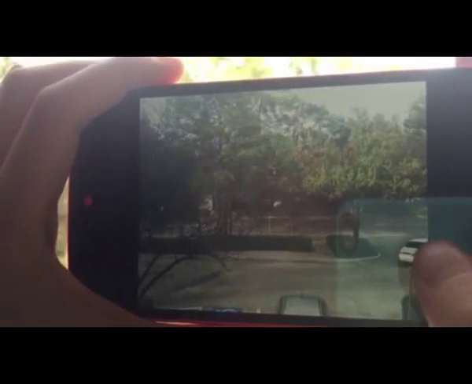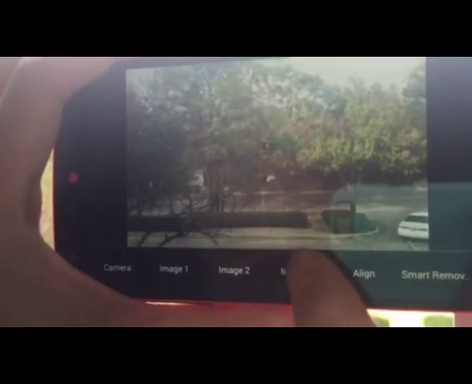The warped image will be calculated and displayed on the screen, as is shown here. By clicking on button image 3, the matches between the key points will be displayed. Finally, by clicking on the Smart Remove button,